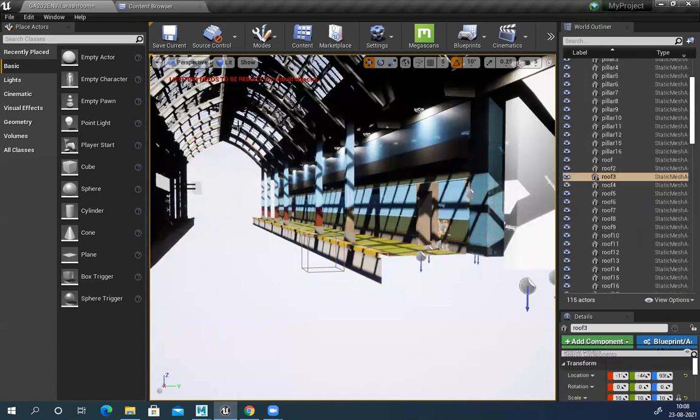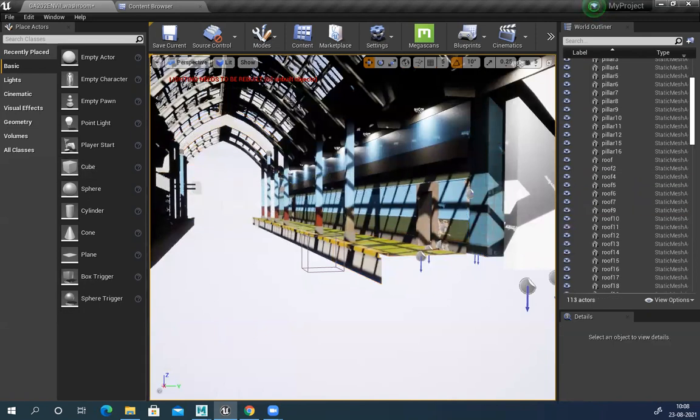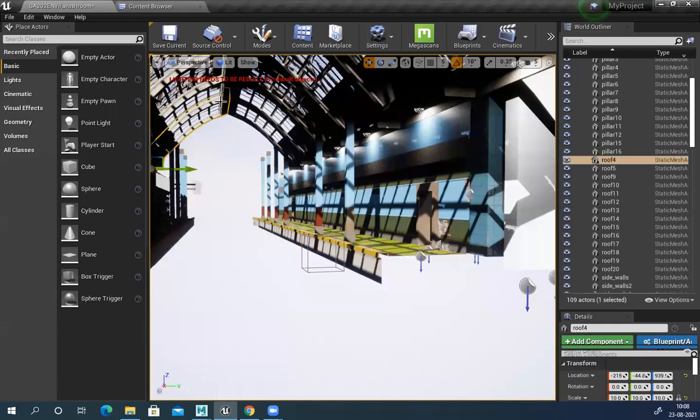I'm just simply deleting this part so the inside part I'll show you in full detail. Otherwise, it's getting heavy. So I saved it as another level, and now in this level, I'm just modifying it.